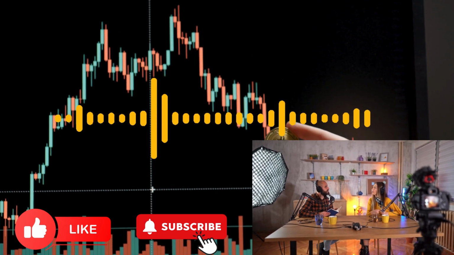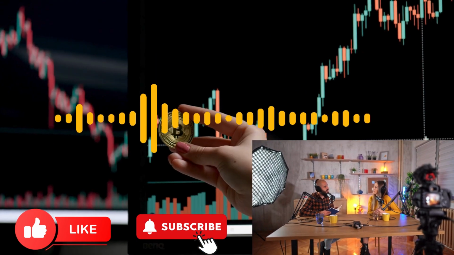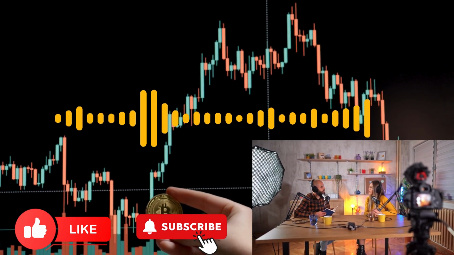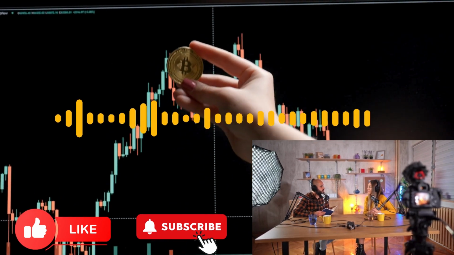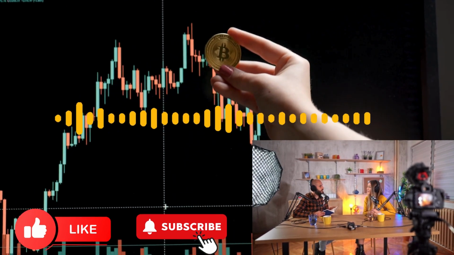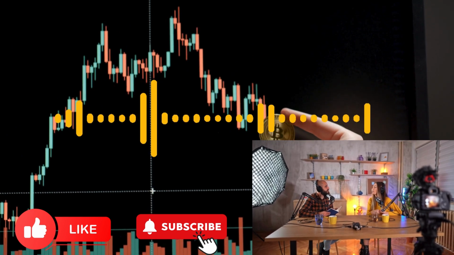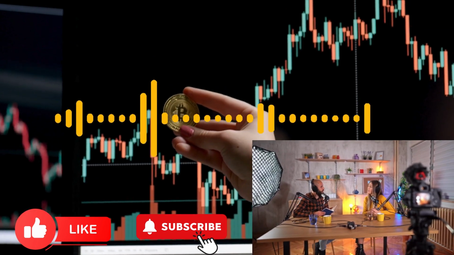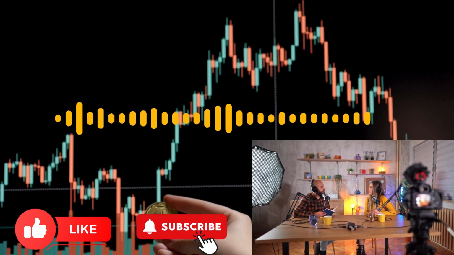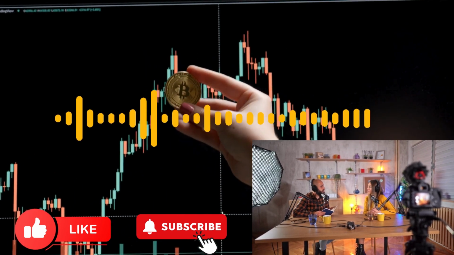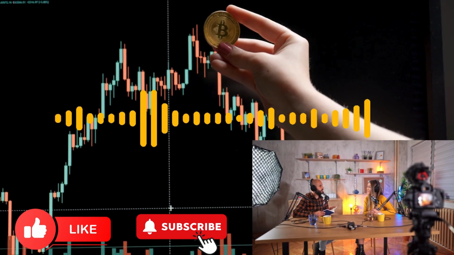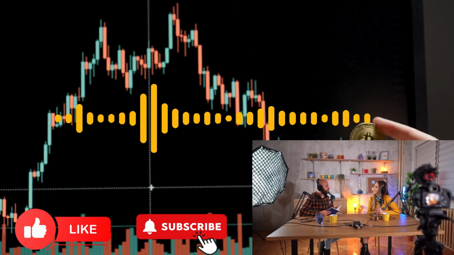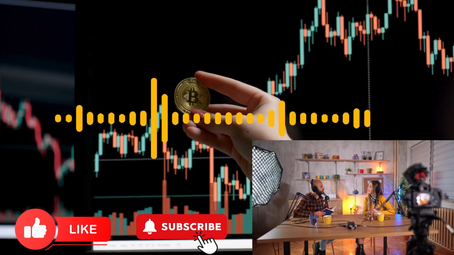Before we get into which one he's favoring, I want to circle back to something you mentioned earlier: global liquidity. He only briefly touched on it, but it seems like a pretty important piece of this puzzle. It's crucial. Can you break that down a bit more? Remember, global liquidity basically refers to the amount of money circulating in the global financial system. When there's a lot of liquidity, it tends to boost asset prices, including Bitcoin. Conversely, when liquidity dries up, that can lead to sell-offs.